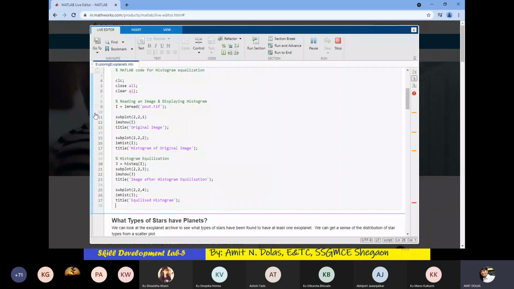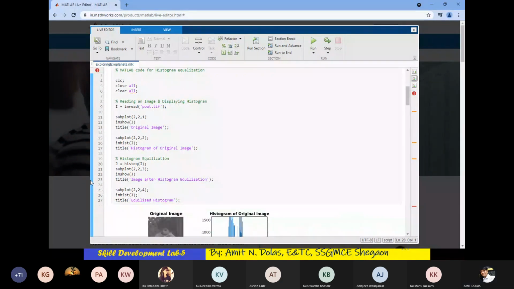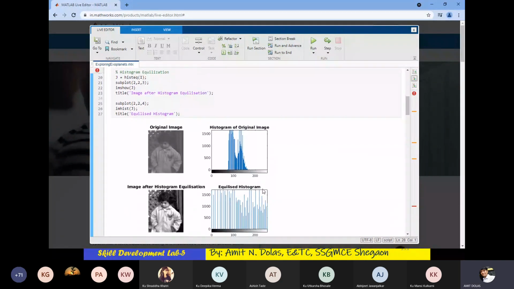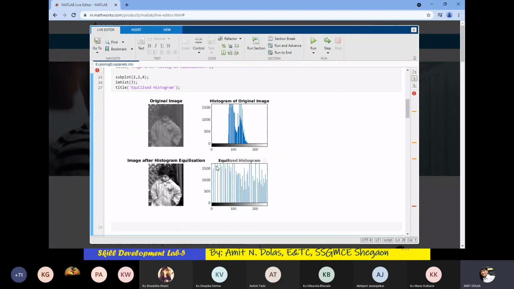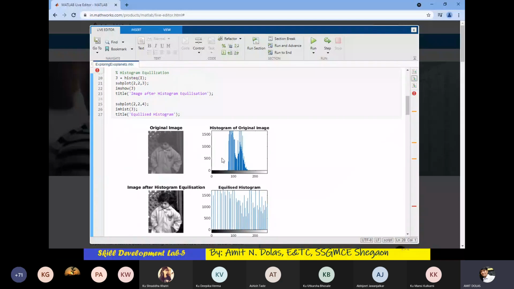You can see here it is running line by line. It takes a bit more time than the MATLAB installed on our system. And you can see the same results plotted here.